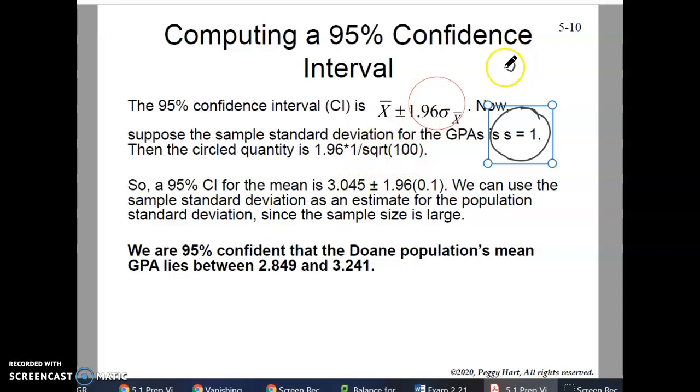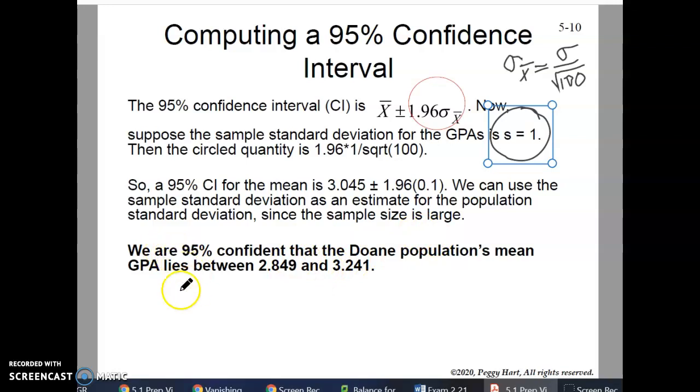So remember, the standard deviation for X bar will end up being sigma over the square root of 100. So our best estimate is the sample standard deviation over the square root of 100, okay? That ends up being 0.1. So the 95% confidence interval for the mean is 3.045 plus or minus 1.96 times 0.1, all right? And we can do that calculation, and we can estimate the population